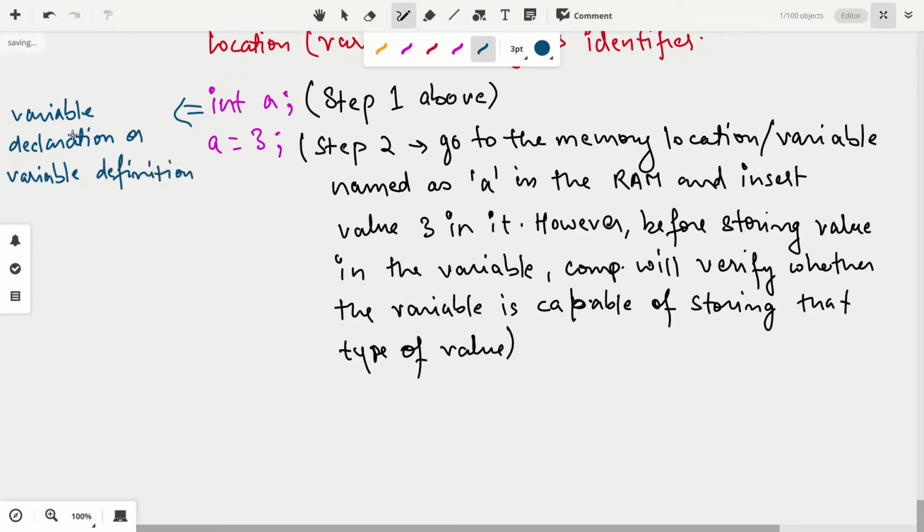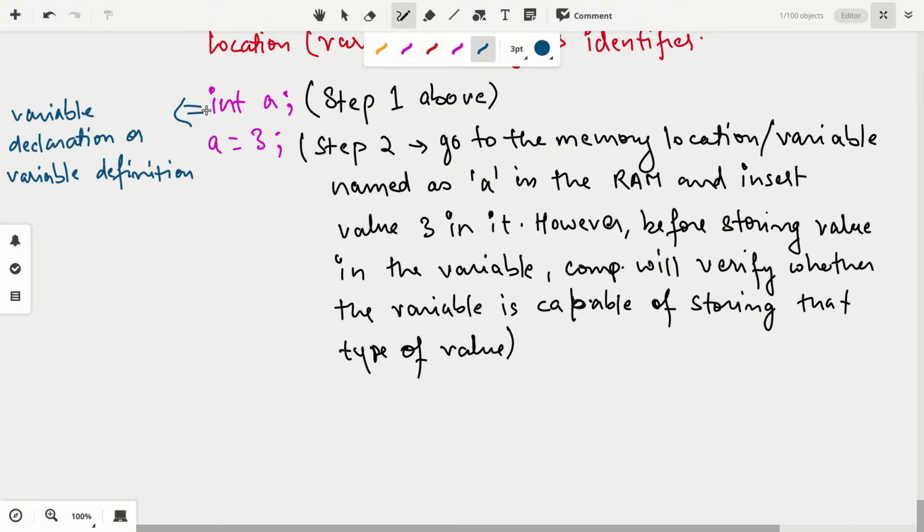Understood? Why? Because we are declaring to the computer that I want a variable of this specification, which will be capable of storing integer type and its name will be A. So you are defining in the computer the variable, or the memory location, of this nature. Understood?